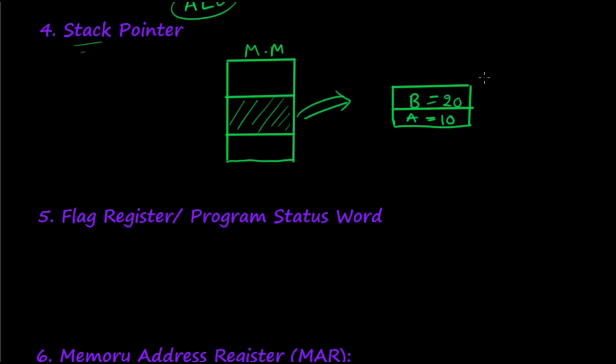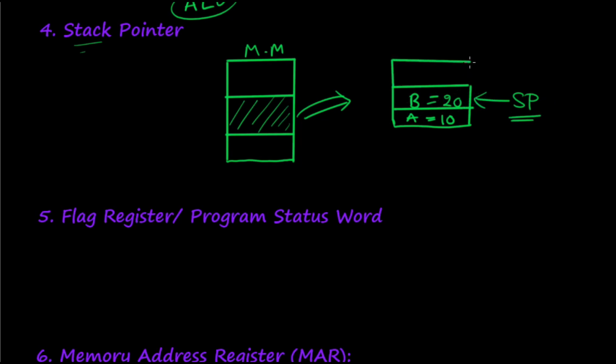So as of now, just believe what I am saying, that inside stack you have just put this value A equal to 10 and B equal to 20. The technical word for it is push actually. Anyway, what this stack pointer will do is always keep pointing to the uppermost element. So now the stack pointer is pointing to B 20, because I have only two elements and B is the last element that has entered, and it will always be located at the top.